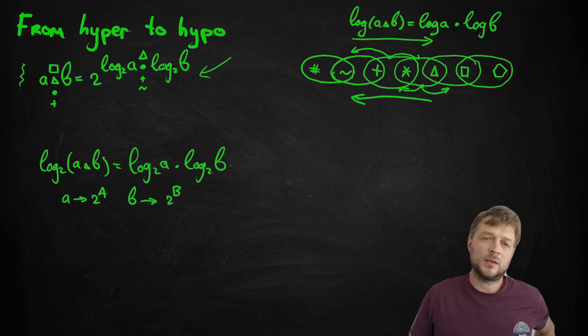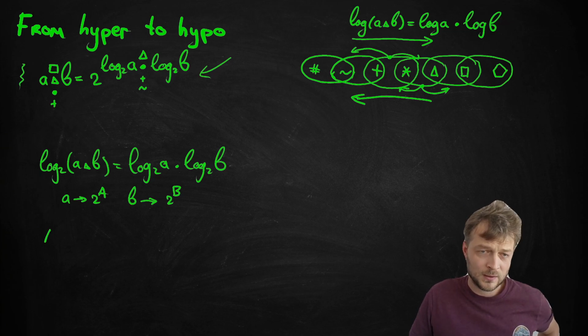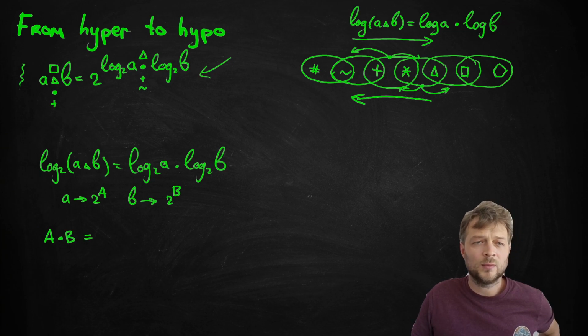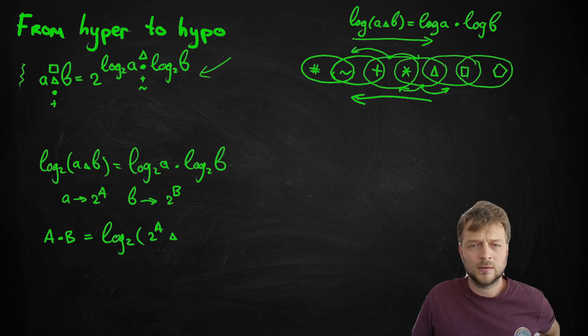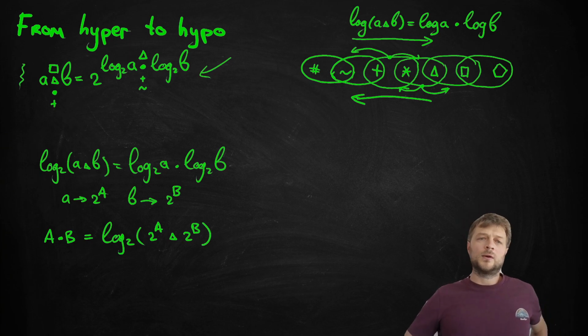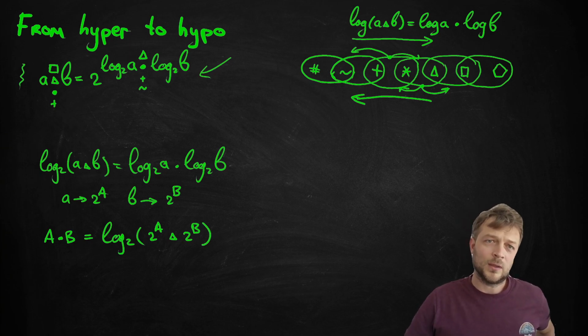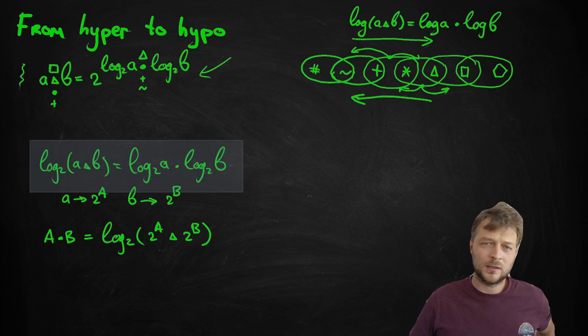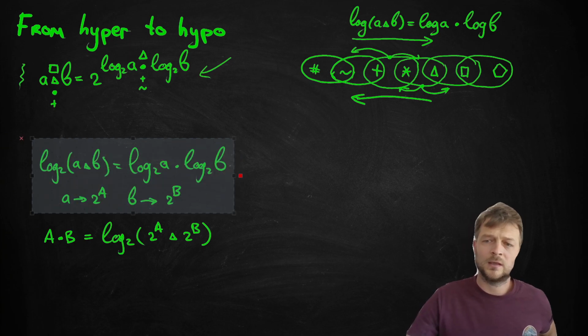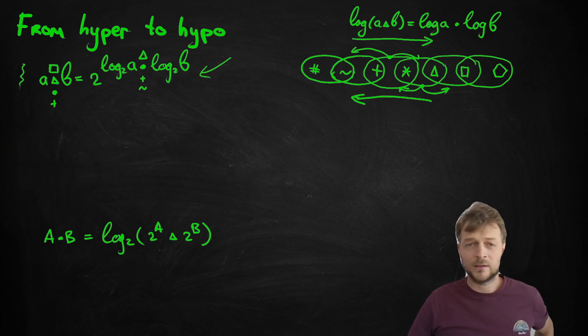Now for capital A and B, what we get is that a multiplied by b will be equal to log 2 of 2 to the power a triangle 2 to the power b. Okay, and this is the expression that we are looking for. If we just delete this portion that we used temporarily,